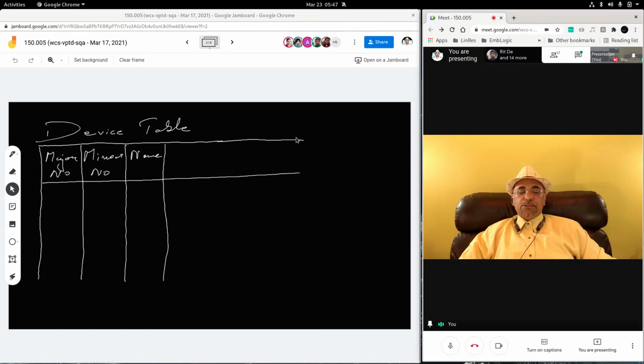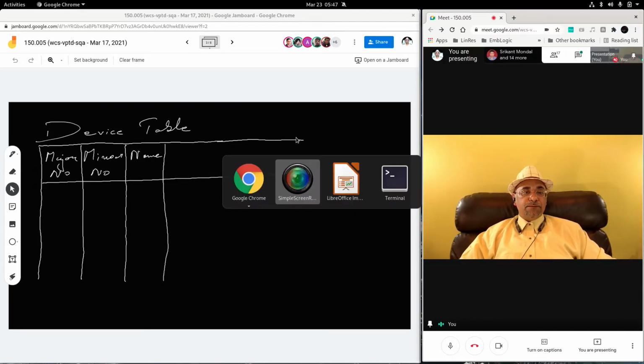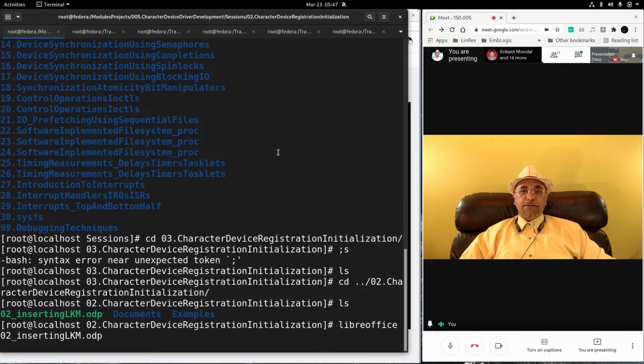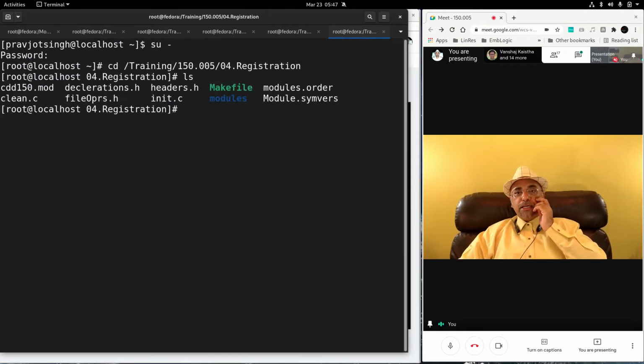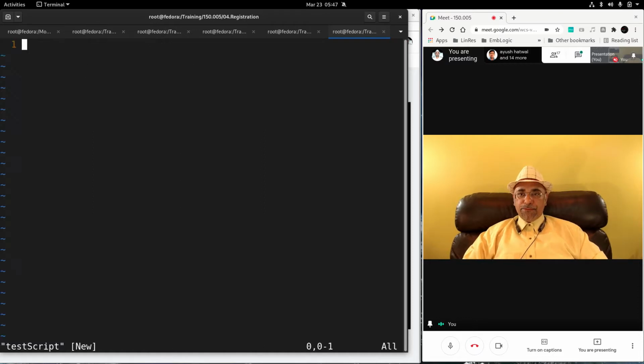Okay, let's go to device driver and some leftovers that we did last class. For registered Canada we have to do. The major leftover was to create the test script, in which we have to do check-in function. Now we have to write the main menu